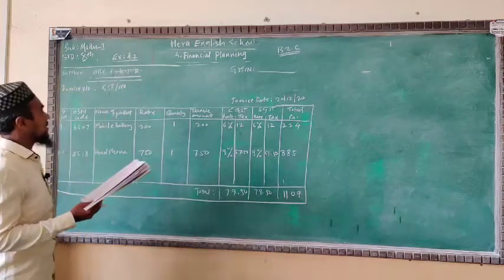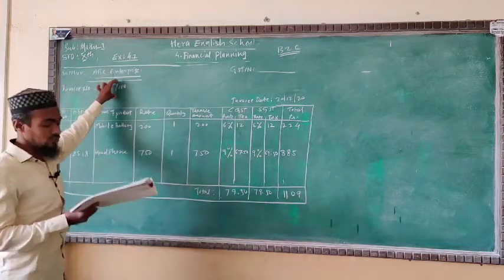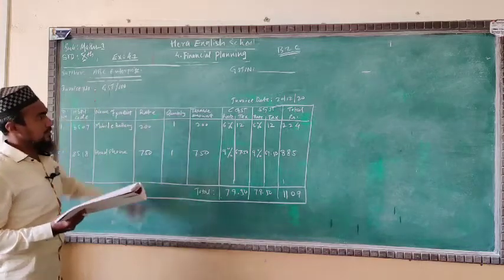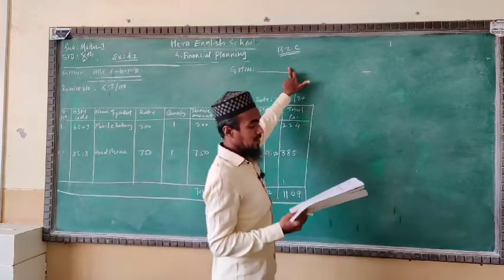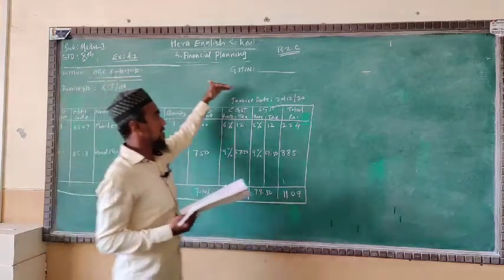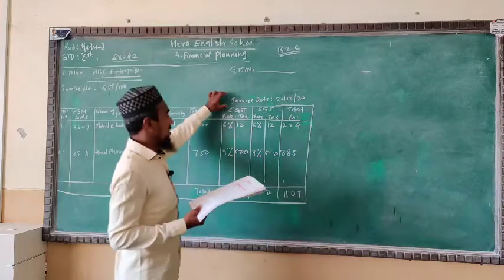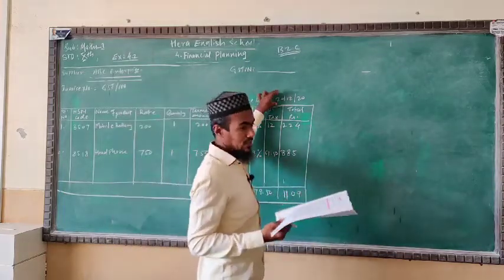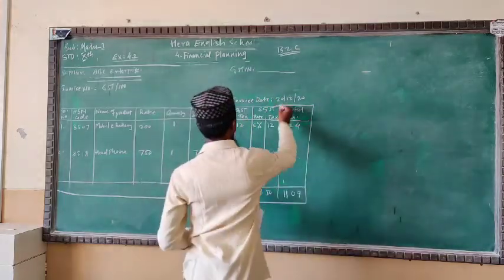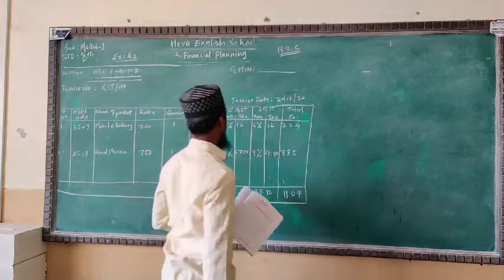Like this you have to write, and then you have to write the invoice number, like GST 110 or 120, whatever you want. Here, ABC Enterprises is already under GST, so there will be a GST number. Here you have to mention the GST number. Then the invoice date, the date on which you are selling or purchasing the goods. Suppose you take 20th December, 2020, you have to write that there.